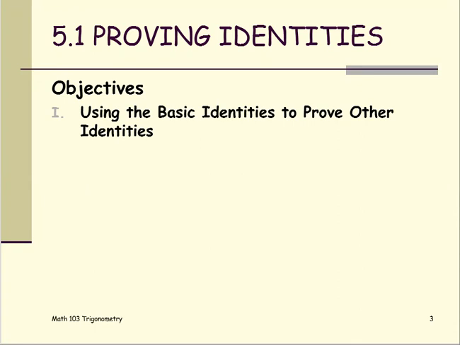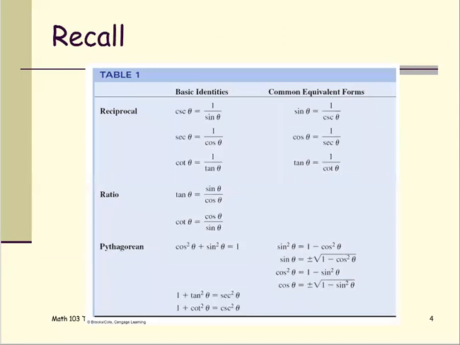Section 5.1 Proving Identities. In this section, we are going to use the basic identities to prove other identities. Recall the set of identities we saw before. From chapter 1, the basic identities in the reciprocal group would be: the cosecant of theta is the reciprocal of